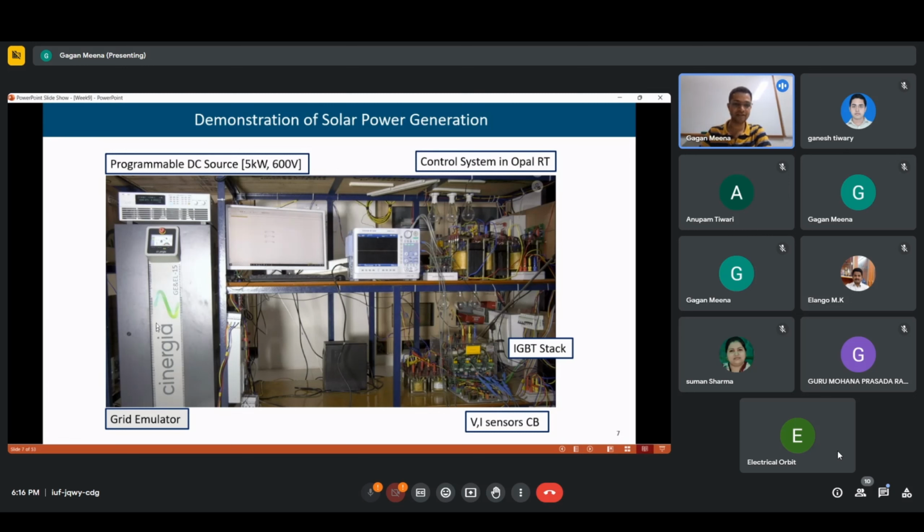So that simulator will work as that actual system. So here the grid emulator is emulating the grid. It is behaving like the grid. It is not the actual distribution grid, but it is behaving like a grid. So we are using this grid emulator to mimic the grid. Similarly, here the demonstration is for solar power generation, and we don't have the actual PV panel in the lab. So for mimicking the PV, we have used this programmable DC source. So whatever characteristics a PV system has,